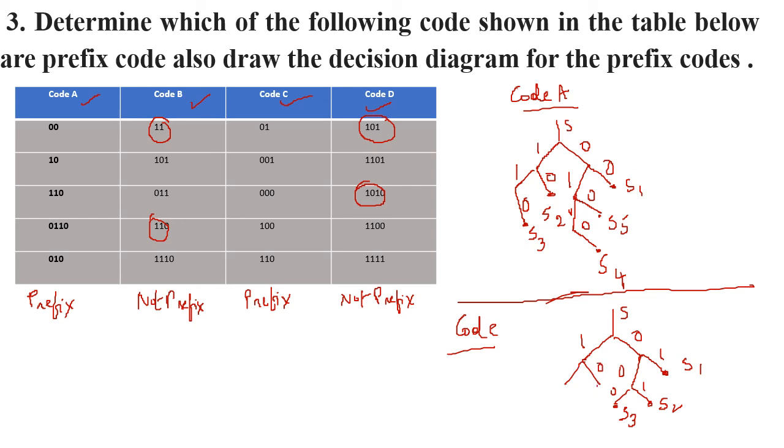Next here we'll try to branch again. So 1, 0, no code word. Okay, we'll try to branch this again. So 0 and 1. So 1, 0, 0. This terminal node will be S4. Next you have 1, 1, and we'll try to branch this 0. So this will be your S5. So this is how we are going to draw the code tree for the given codes in the table.